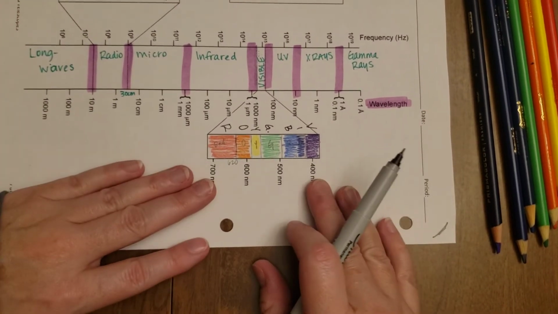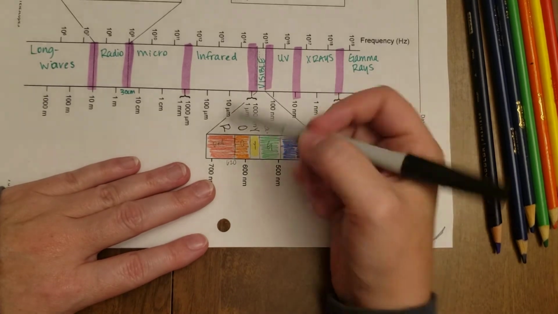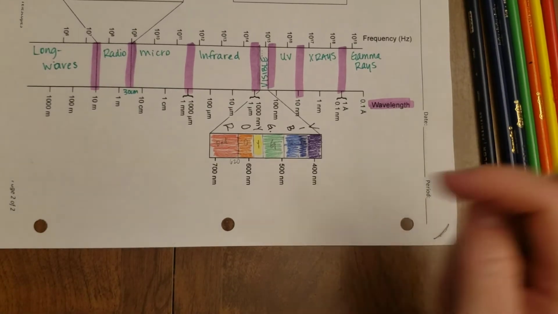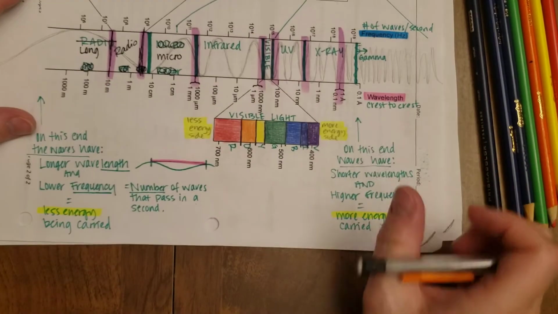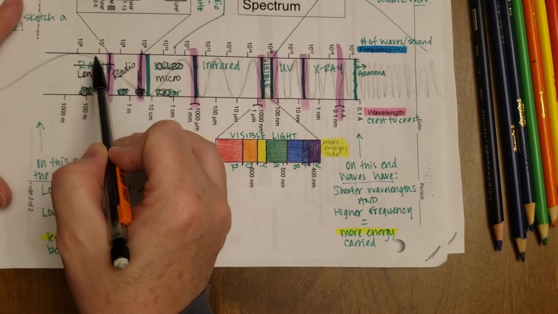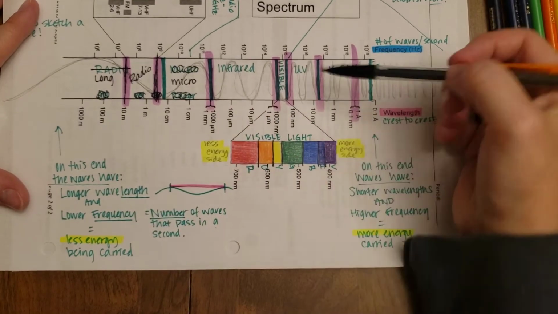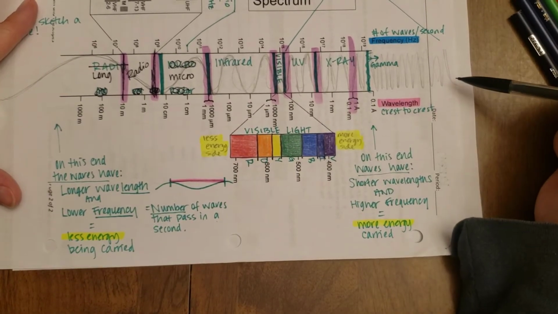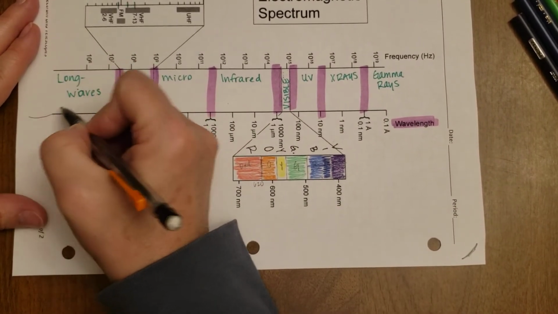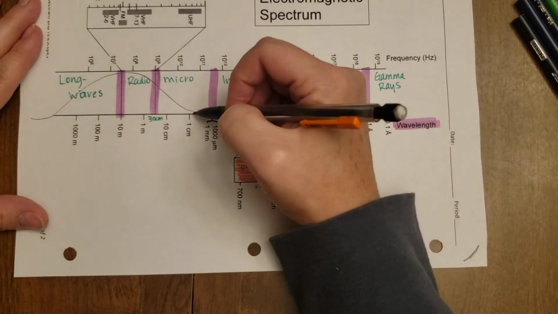So let's talk about this visible light spectrum and where the most energy would be. So if you've got a line, well, let's hold on because I want to go back and draw the wave. So if you look at mine, I messed up on it before, but here's what we're going to do. So radio waves are really long, so I want to draw a line through here to kind of show you what they start to do and how they start to get closer and closer and closer together. So that's our goal. So I'm going to start out pretty big on the long wave side, obviously because they're longer waves. And then about the time I get to infrared,